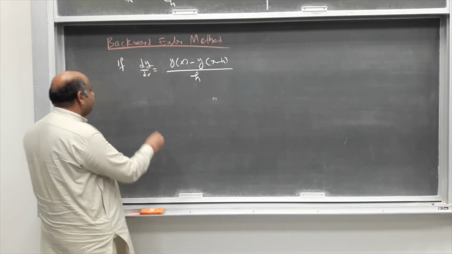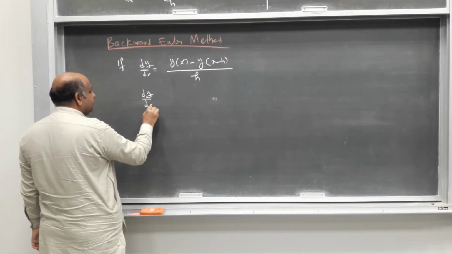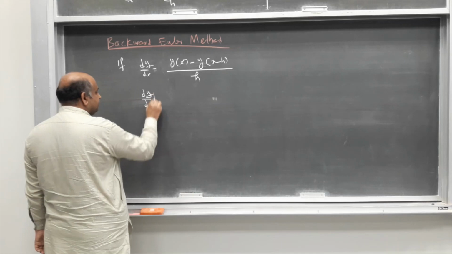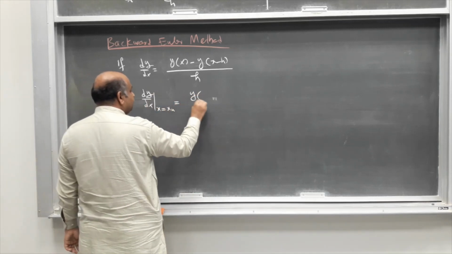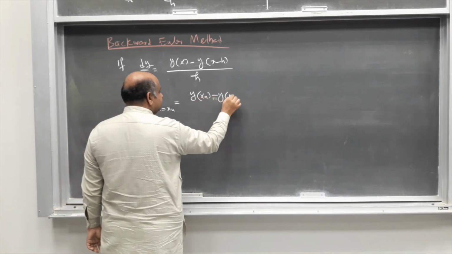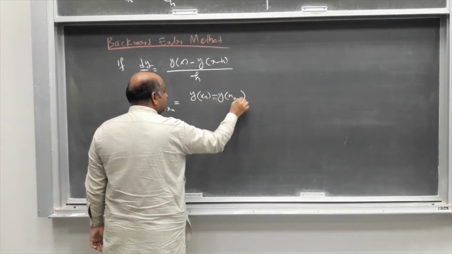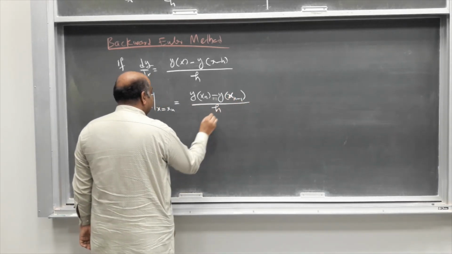So in the same way, if I want to compute the derivative at x equal to xn, this becomes (y(xn) minus y(xn minus 1)) over h, and